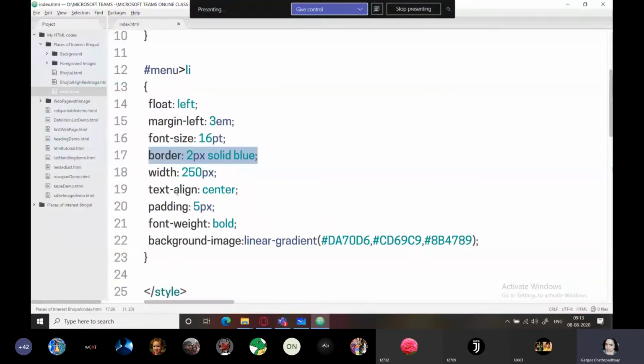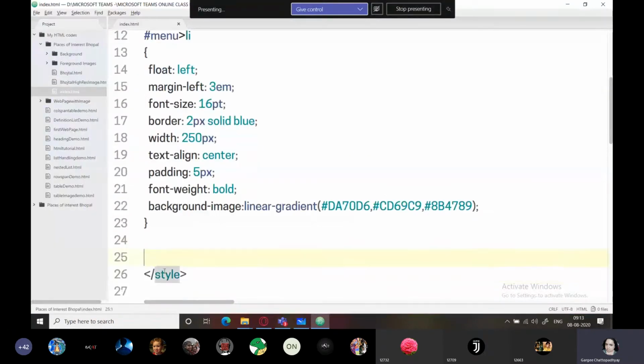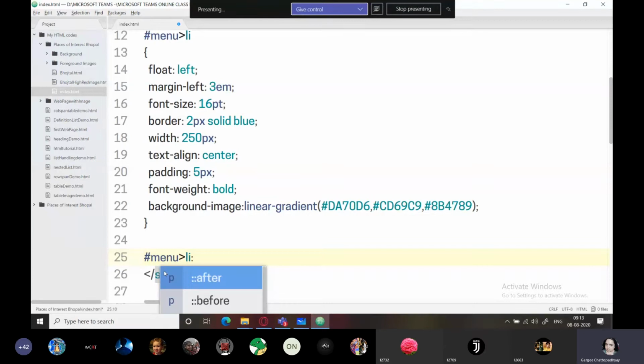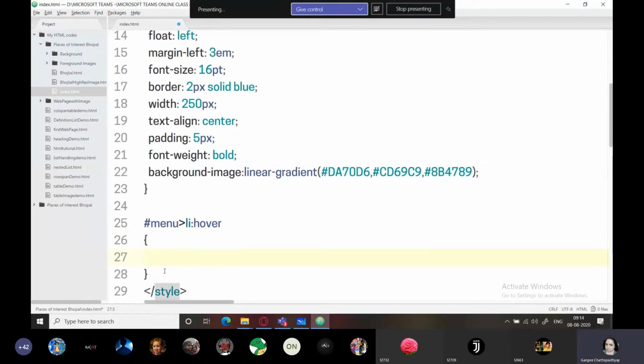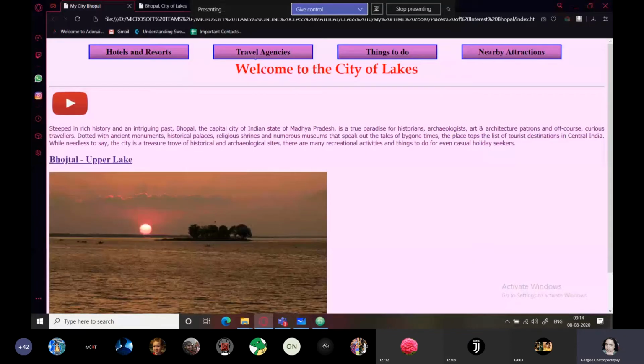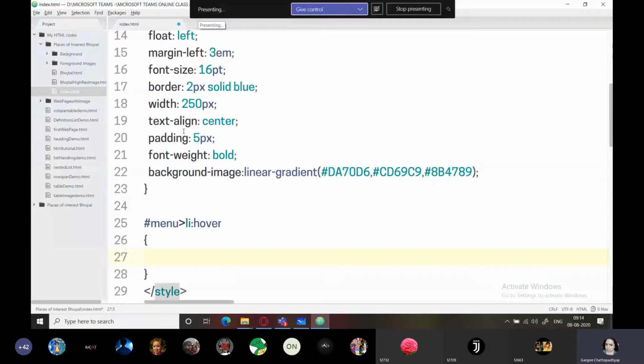For this, we again come back to our style tag. And now I'm going to type here hashtag menu, LI, then put a colon after this and type here hover. Hover means placing your mouse pointer, just moving on top of it, not clicking anything. Okay, just moving your mouse pointer.